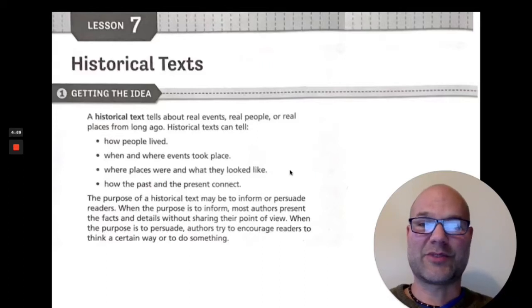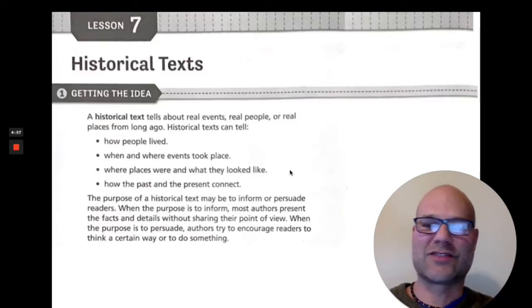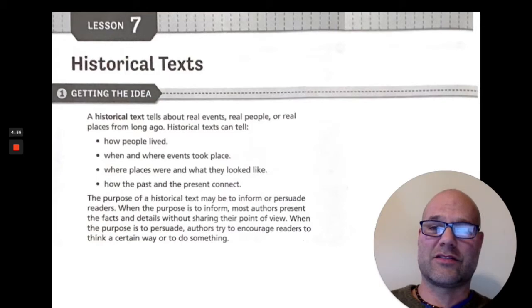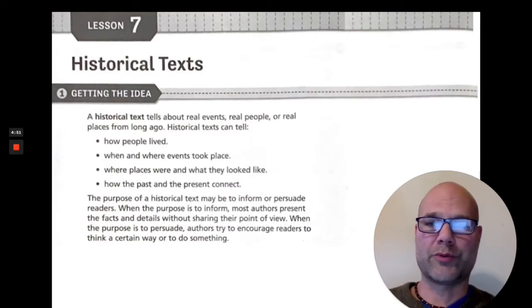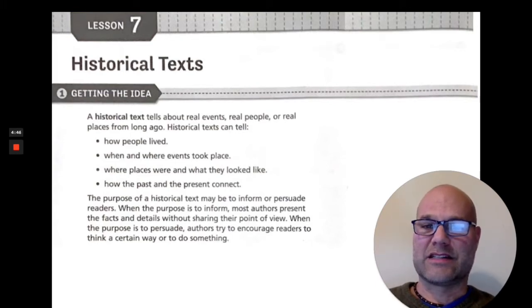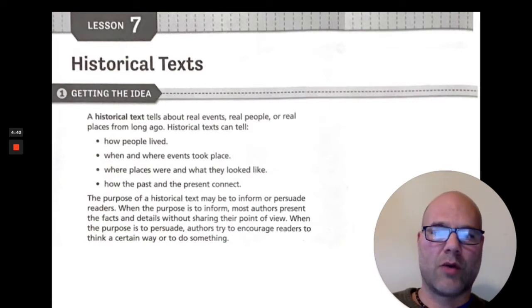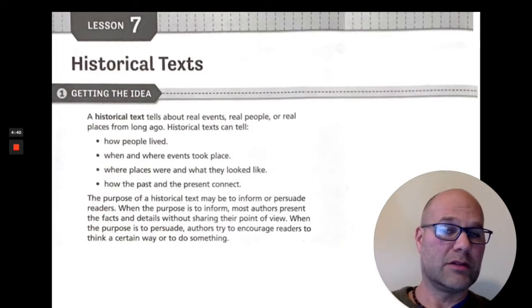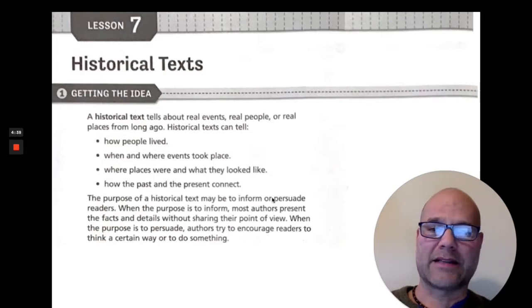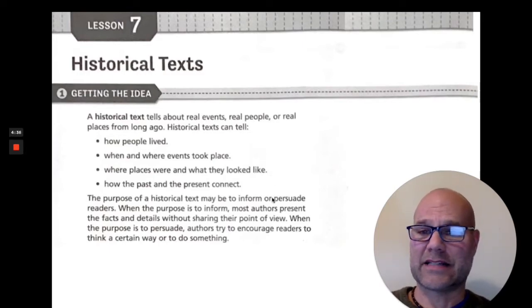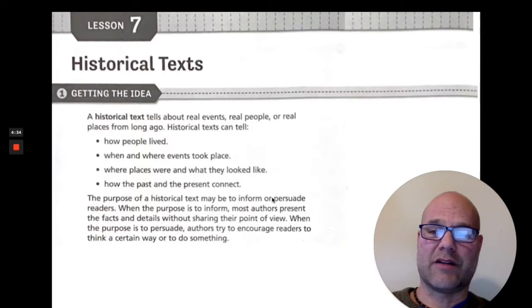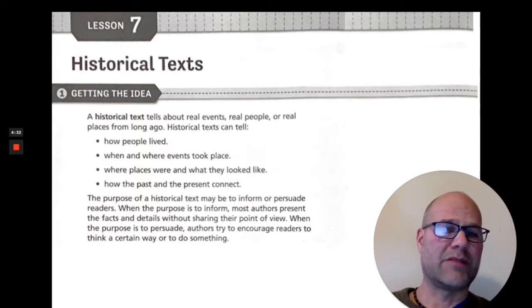In this lesson, we're going to explore historical texts. Historical texts tell about real events, real people, or real places from long ago. Historical texts can tell how people lived, when and where events took place, where places were and what they looked like, how the past and the present connect, and the purpose of a historical text may be to inform or